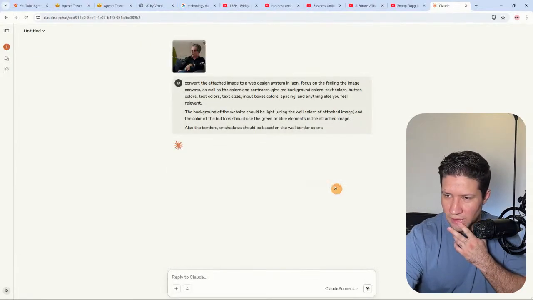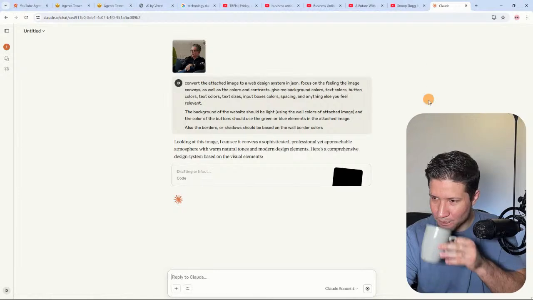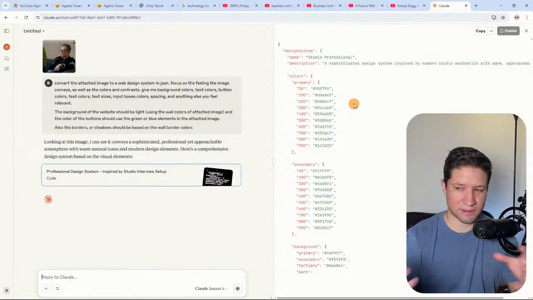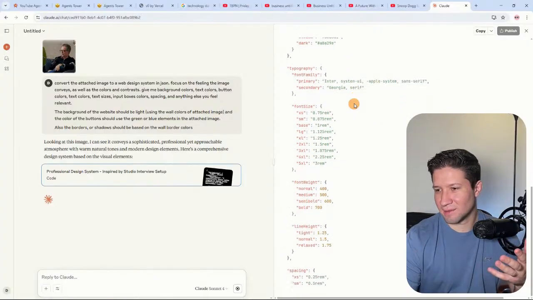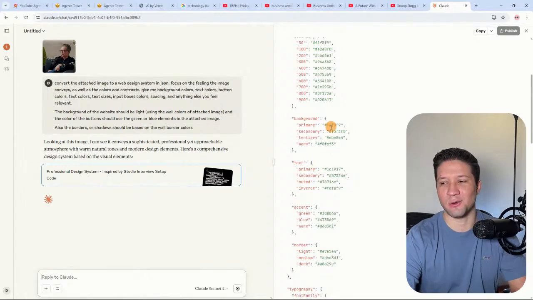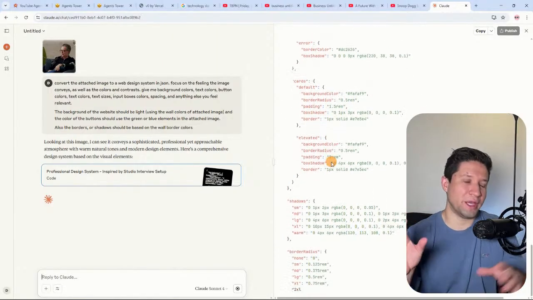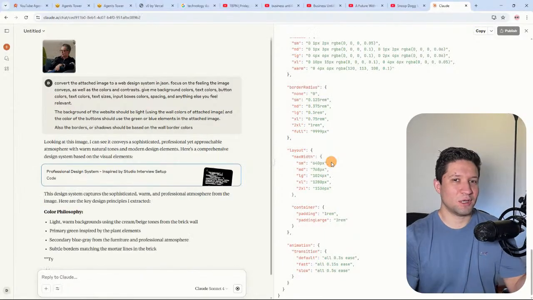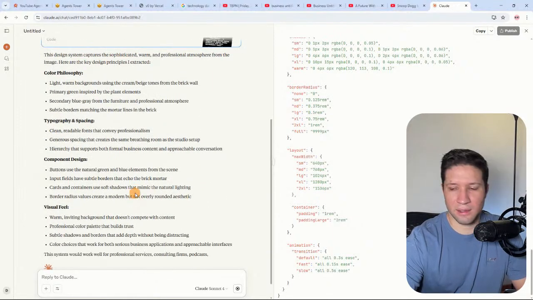So it's going to start working. It's going to give me, like in here, where it's adding the code. And to be honest, I cannot read this. Yes, you can see, for example, the accent colors, the text colors, and the background colors, but I don't know which color is this. So I'm going to wait until this is done so that I can add it to Cursor and see how this looks. Okay, so it's explaining everything that it made, like why it made it like that, and